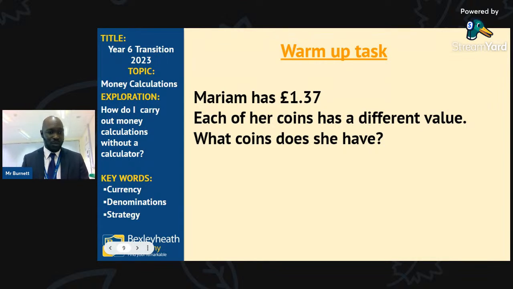That means she can't have two of any type or three of any type, only one of each type. What coins exactly does she have? So you can start to use the coins that we have been using, or we have mentioned before, and see if you can come up with £1.37, one of each coin. Now, there is a particular coin that we wouldn't use at all. So I hope you're thinking not to use that coin at all, because that coin is more than £1.37. So I hope that you have already removed that coin from a possible answer and you're looking at other coins.